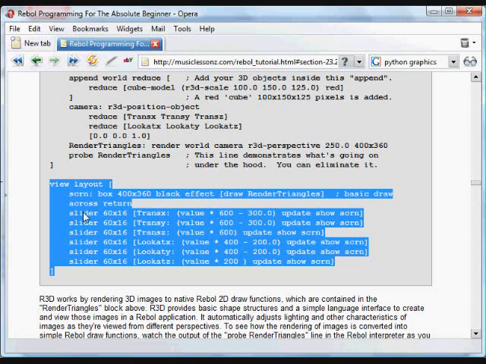And across the bottom of this GUI we have a couple sliders that actually adjust each of those values. So we're updating, we run that update function, and then we show again the screen, which is going to change the render triangles values, which is going to create new draw